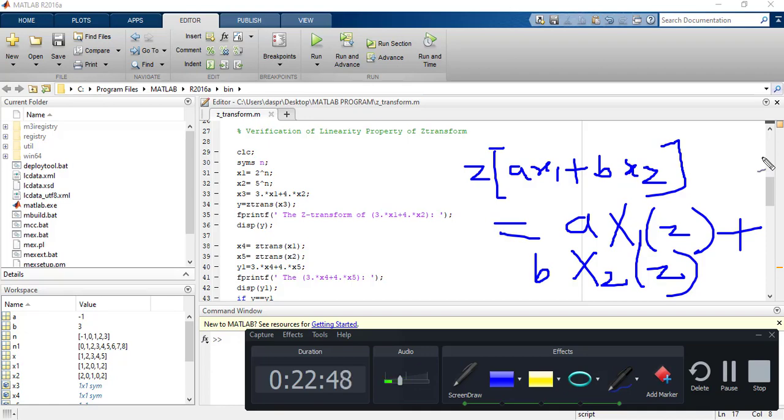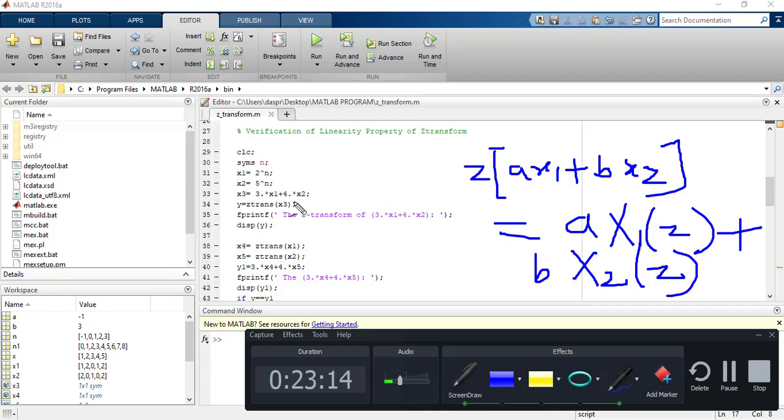That means you have to take two functions x1 and x2. See, here I have taken two functions x1 and x2, and for x1 I have taken an infinite function. You can also take a finite function. In that case your program will be lengthy. Okay, because here I have a provision that I can take the infinite function.